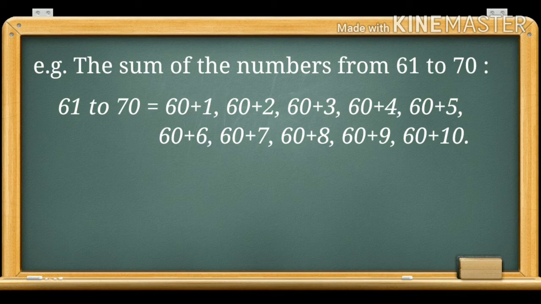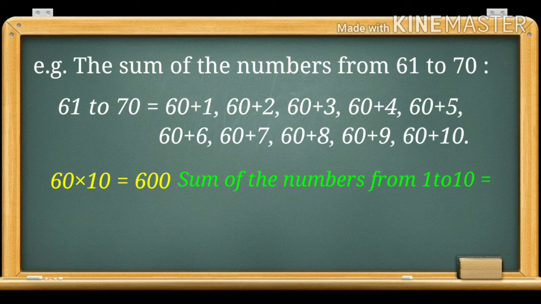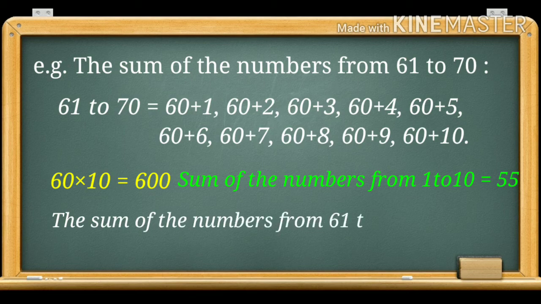Here 60 occurs 10 times. Therefore, we can write 60 into 10, which is equal to 600, and the sum of the numbers from 1 to 10 is 55. Therefore, the sum of the numbers from 61 to 70 is equal to 600 plus 55, equal to